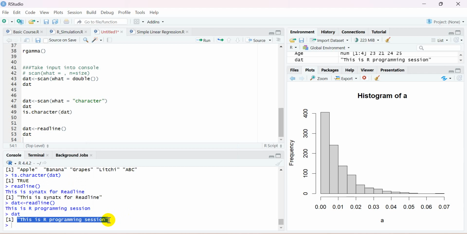First is called scan. So scan functions can take the value of any type. It can take the value from numeric version, it can take the values from the character version. Along with that, you are having a read line function which is helping you out to read the data of